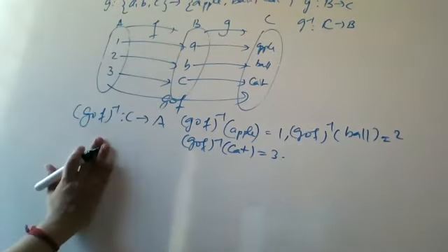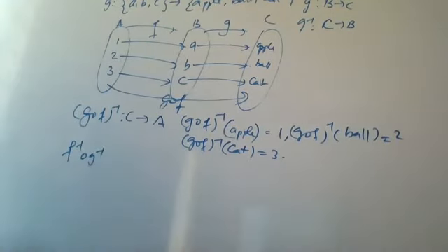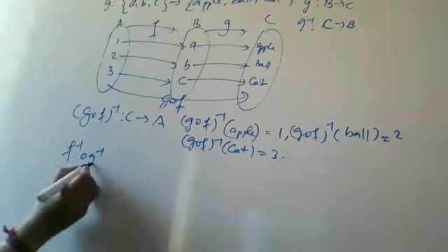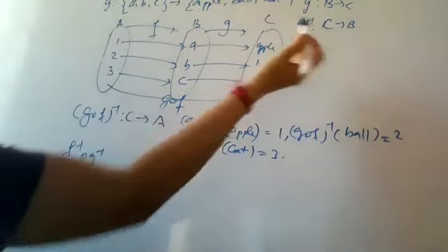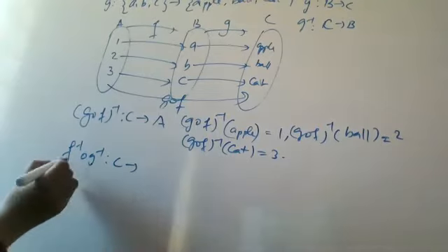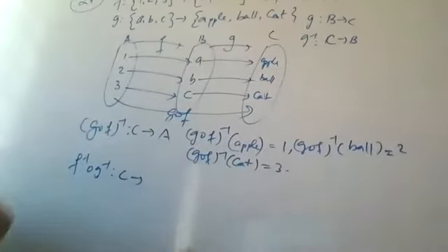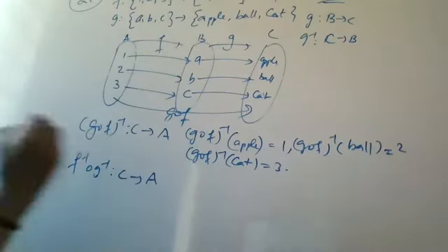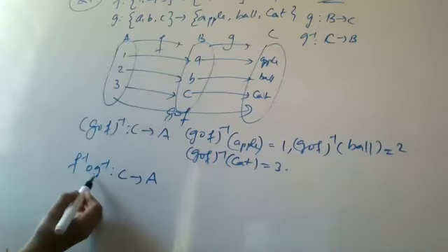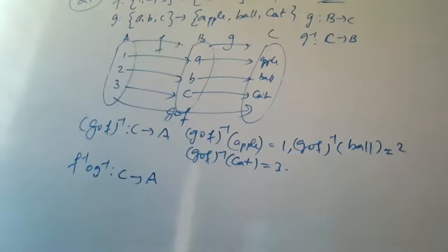Okay, now we have to just check what will be F inverse composition G inverse. अब F inverse composition G inverse कहां से होगा? आपको देखना है. G inverse स्टार्ट कर रहा होगा. G inverse कहां से कहां था? It was from C to B. तो स्टार्टिंग स्टेज होगा आपका C, फिर वो पहुंचेगा F inverse में. F inverse was from B to A. See here, B to A. तो B to A means इसका ending जो होगा, that will be the ending of your composition also. So it will end at A. We are getting F inverse composition G inverse will be also starting from C, that is the domain C, and the codomain as A. Codomain means यहाँ पे वो range act करेगा because all the elements are participating.